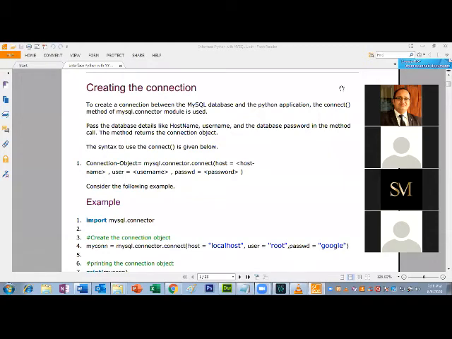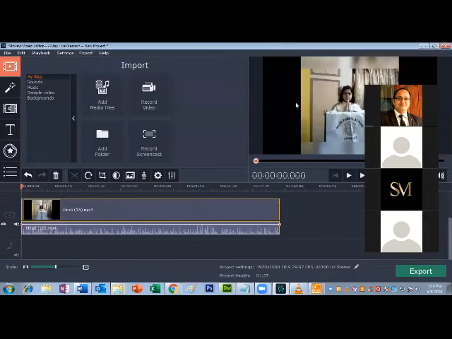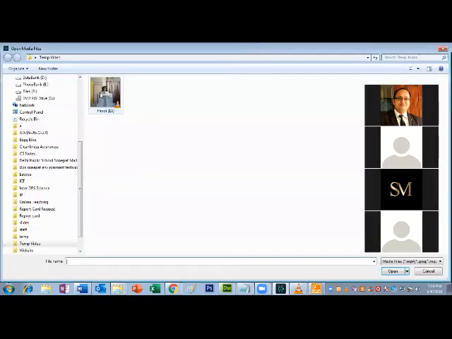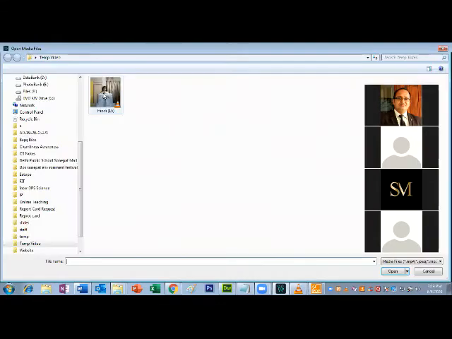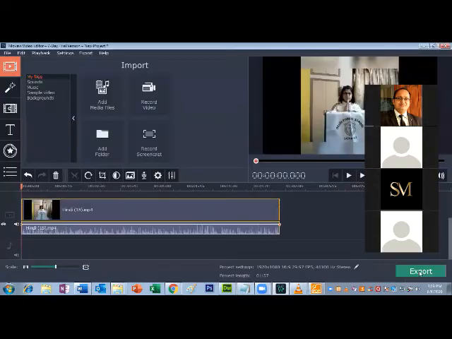So I'll be telling one more thing about this. So let us see this and start this video. Once again, just click on add media files. As the icons are there, image, audio, and video, these three types of files we can import from our computer or camera. If a mobile phone is connected with your computer or laptop, you can transfer directly from the mobile phone easily.